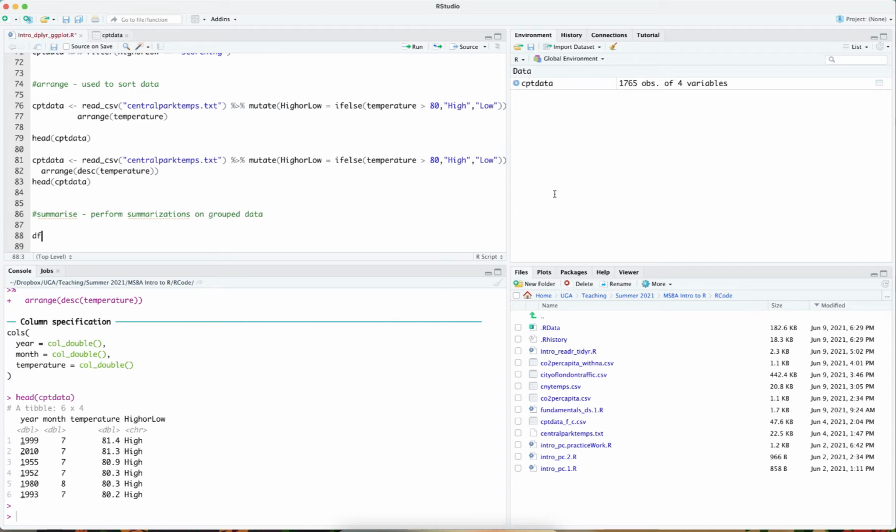In this case, I'm going to be storing the results in a data frame called df, and I'm going to read the CSV file in. But the CSV file this time I'm going to be reading in is going to be CO2 per capita.csv. Once I've read the CO2 per capita in, I understand it to be in wide form, so I'm going to be converting it into long form by gathering it and not selecting the country column to gather, setting the key column up to be year, and setting the value column up to be